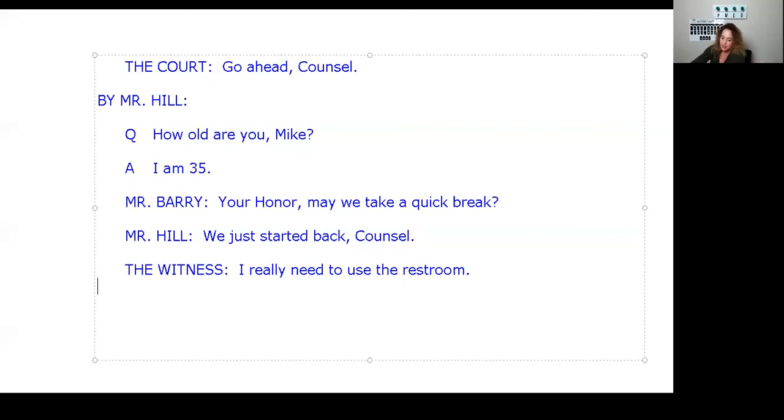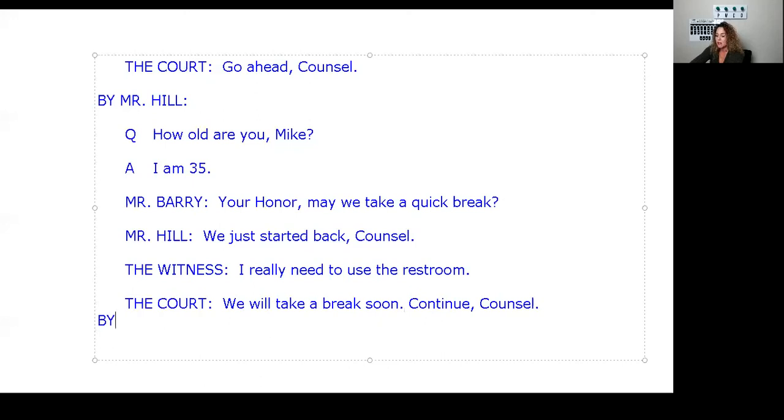So let's say the court comes in. The court, 2 spaces. We will take a break soon. Continue, counsel. Okay, so now you just told him to continue. Now we're going to start with a by. Let's go down one more. By, and that's on the far left margin. Mr. Hill.